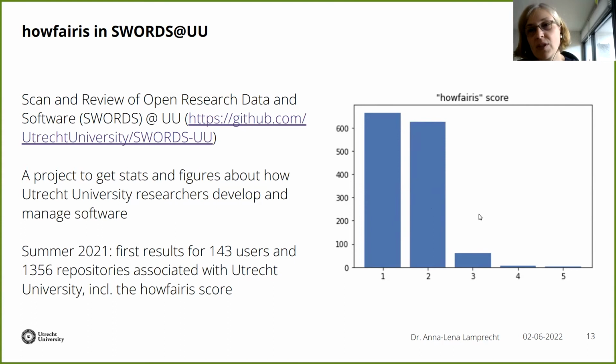And what this graph shows here is that most of the projects actually get a How Fair Is score of only 1 or 2, where 1 is trivial, or at least easy to get because we started with GitHub repositories. So the first principle of being available in a repository is of course true. Then again, many projects fulfill half of the criteria, often this is the license information, but projects that have a How Fair Is score or badge of 3 or higher really are rare.